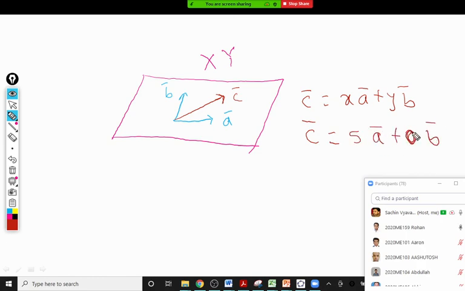Sir, X and Y are scalars, no? Yes, X and Y are scalars. You see, I have written X as 5, Y as 0. What does it indicate? In that case, C bar is along A bar only, with magnitude 5 times A bar, and it is not along B bar. It can be that C bar is opposite to A bar, so you get C bar equal to, like, minus 2 A bar. If C bar is along B bar, you get C bar equal to 10 B bar, like this. Or it may happen that C bar is equal to B bar only. So any possibility. C bar is any vector in that plane. Got it?